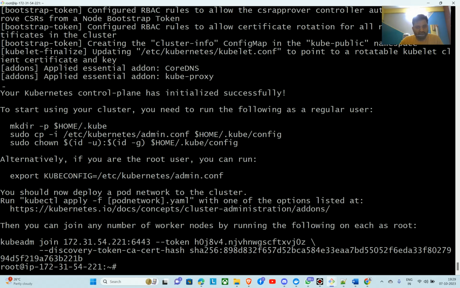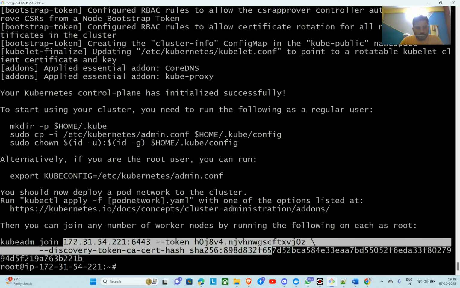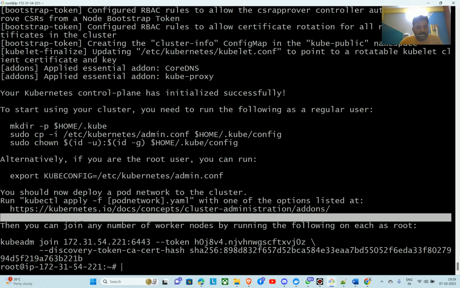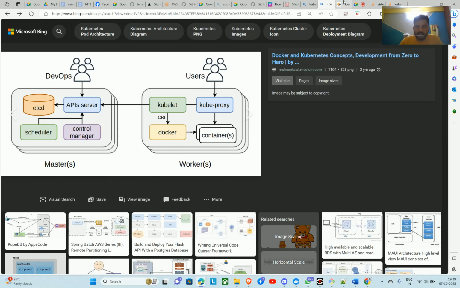Now everything is configured now. Now to add any cluster, you need to join using this 6443 and token. You getting the concept? So now this is a master, but master also has all the components like kubelet, because sometimes in master node also you can run the container. You getting the concept? So coming back to this guy,